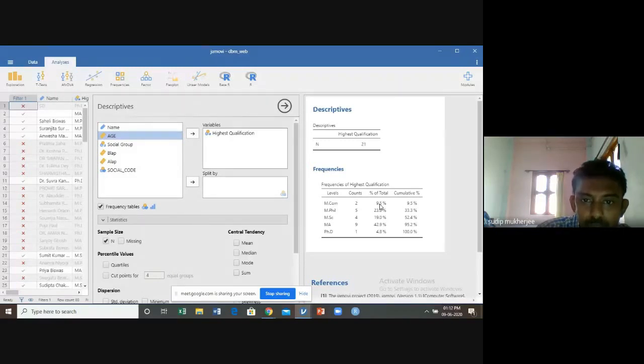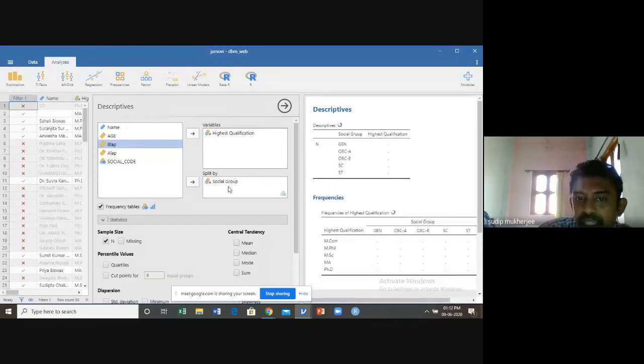At the same time, you also want to know the decomposition of highest qualification in terms of social group. You just click on social group, and there is the option split by. Click on social group and then click on this arrow.